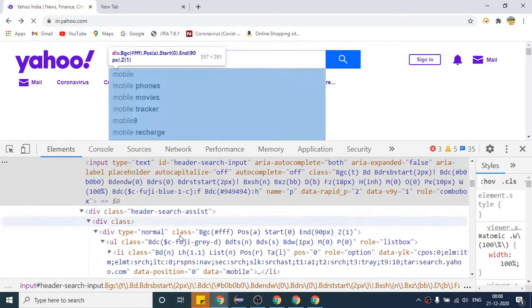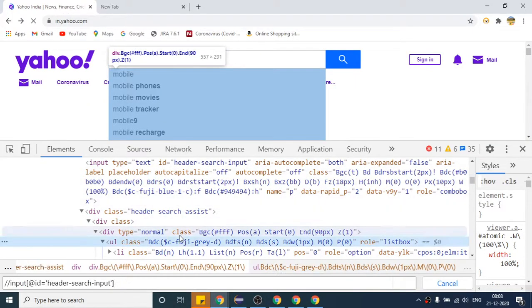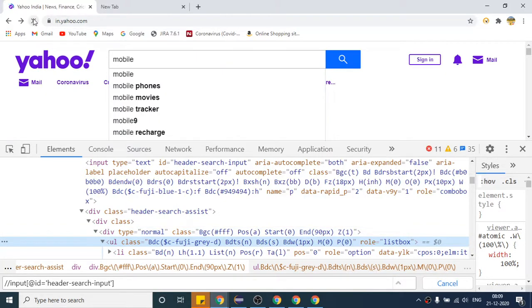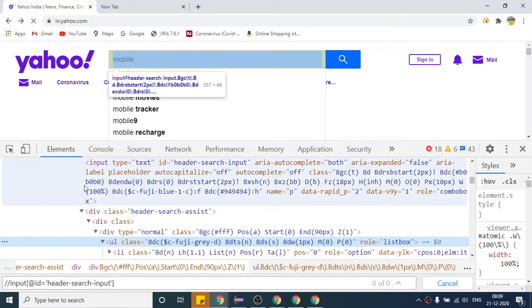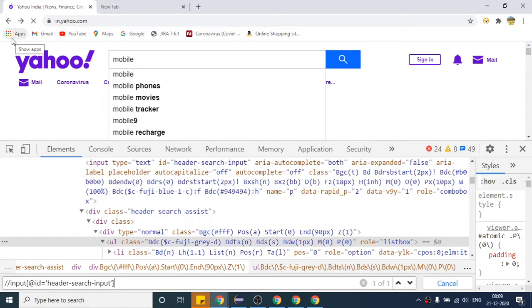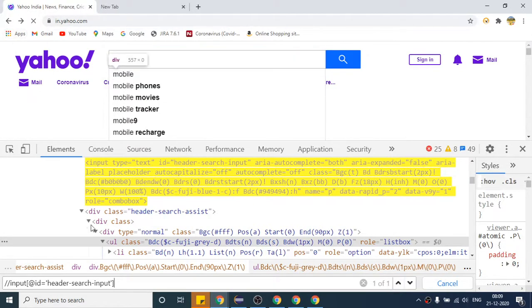And if I Ctrl+F, so it is still loading, so it is not showing you the result, but when it will load, okay, so it has shown you.